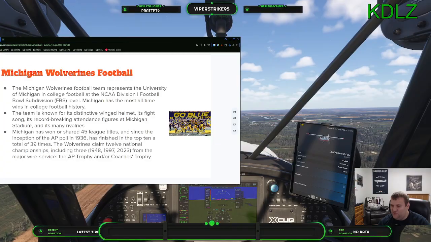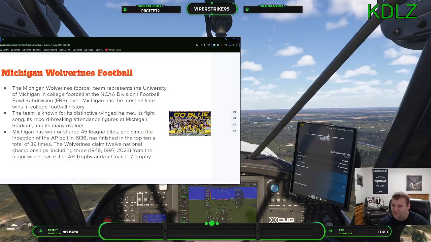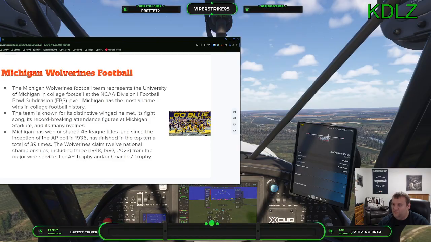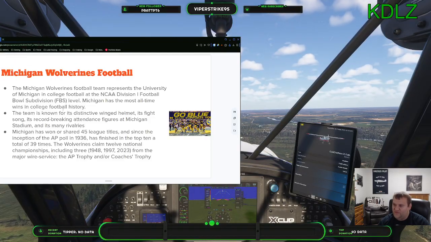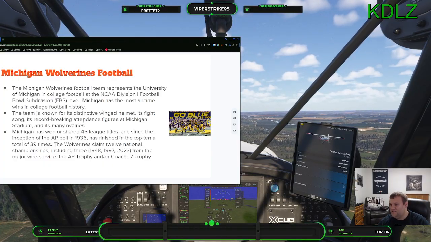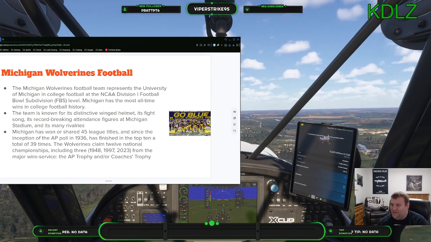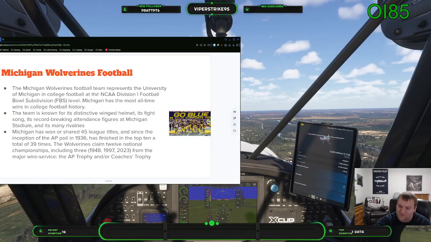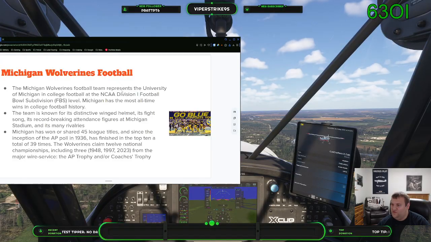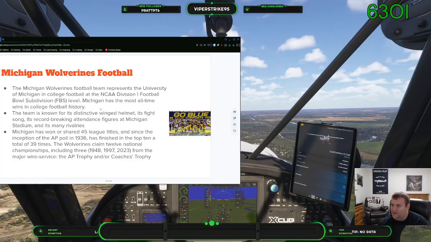Now, an interesting thing about Michigan is its legendary fight song, "The Victors." The Victors came around in 1898. It was written over its victory over the University of Chicago, and the abbreviated version of the song is played at Michigan sporting events and functions, and it's considered to be one of the greatest college fight songs ever written. And of course, it was written by a Michigan student at the time, Louis Elbel. He wrote this song. Of course, its popularity is used all over for the University of Michigan. It's one of the greatest fight songs.